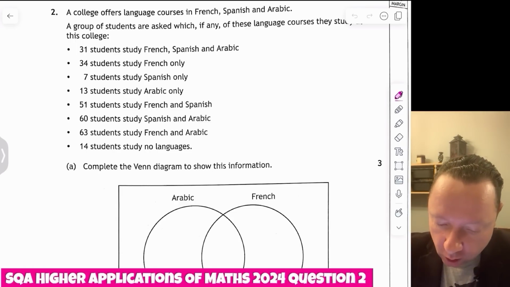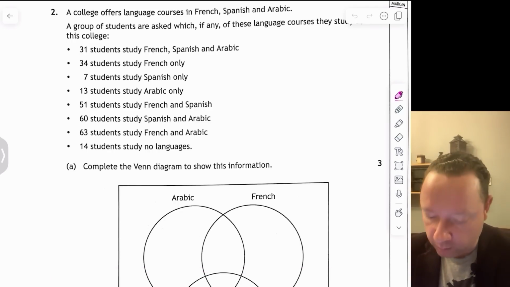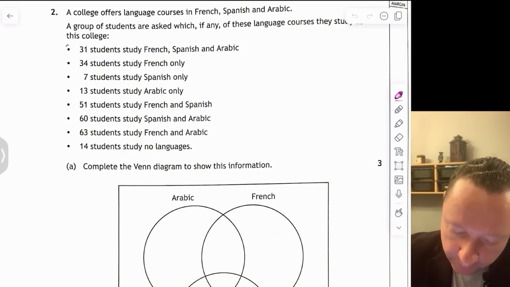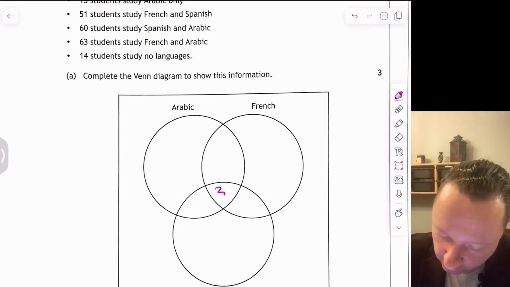SQA Higher Application of Maths 2024, question 2. A college offers languages in French, Spanish, and Arabic, and it gives us all the data and we have to complete the Venn diagram. So we'll start in the middle. So 31 students study all 3. So that goes right in the middle. And then we work on the